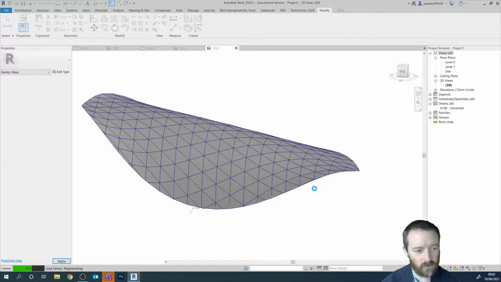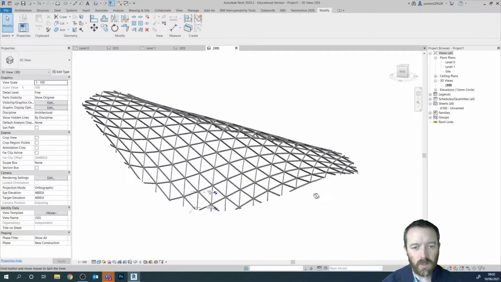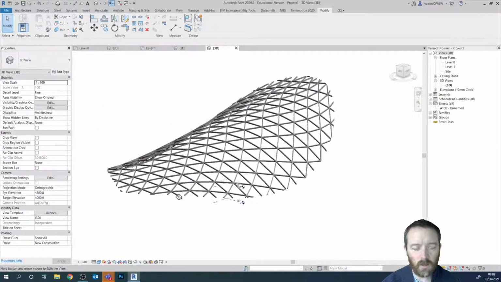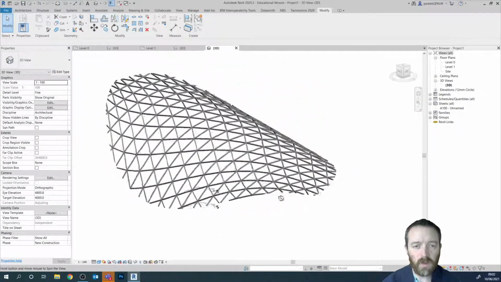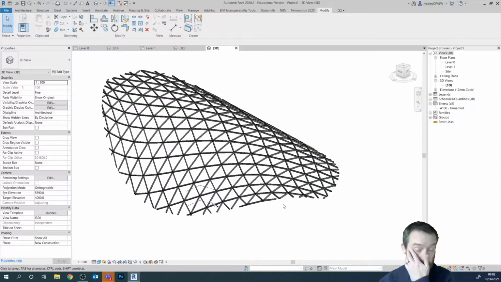Here it comes. 60%, nearly there. There we go. And there is, in our normal Revit project, we've got a very unusual shape using the X-ray